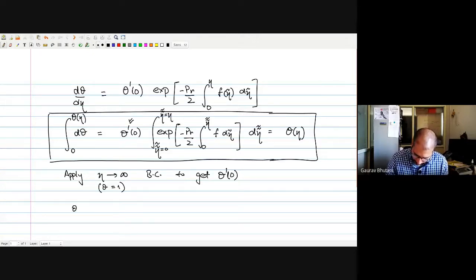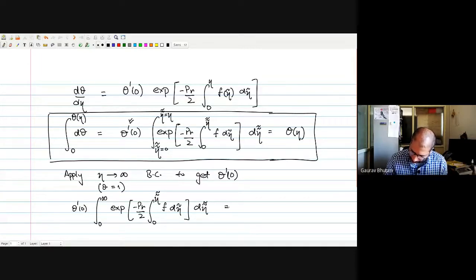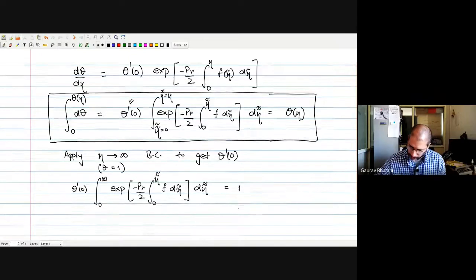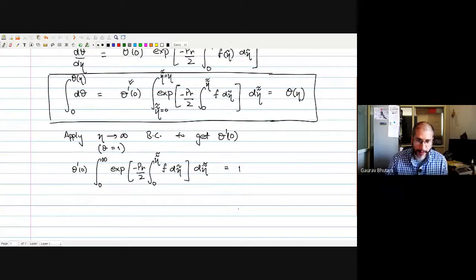So the left hand side is theta prime 0, and then the integral goes from eta double tilde equal to 0 to eta double tilde tending to infinity, and everything else stays as it is. This whole thing is equal to 1 after applying the boundary condition at eta tending to infinity. That gives us the expression for theta prime at 0, which is simply 1 divided by